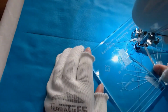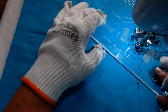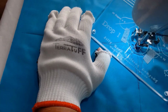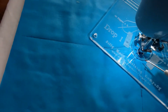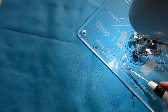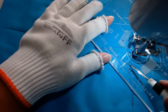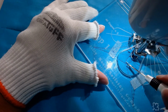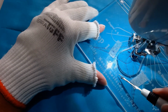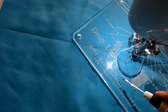So again, we're starting in the center. But what I want to do, and I'm going to go this way so it's easier for you to see, if you see this line here, this engraved line that's on the ruler, hopefully that shows up. That engraved line that's right there. I want that line to be touching where these 2 loops intersect. So the line that's on here, sorry, the lighting's making it difficult for you to see that, but